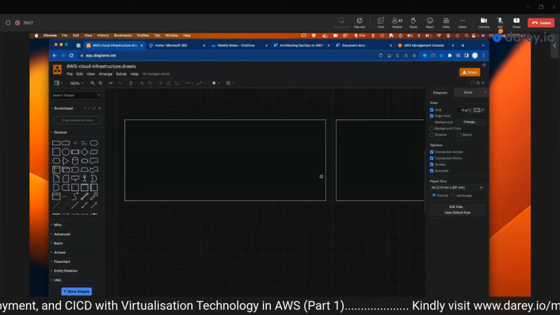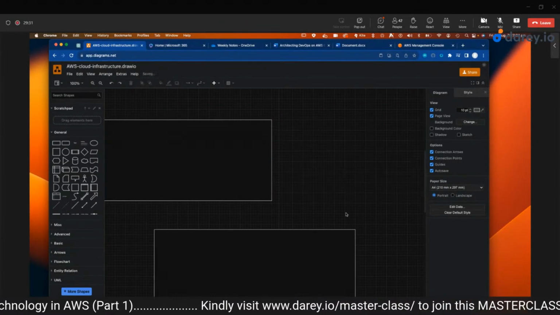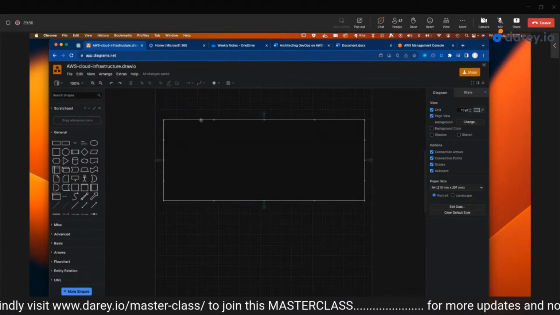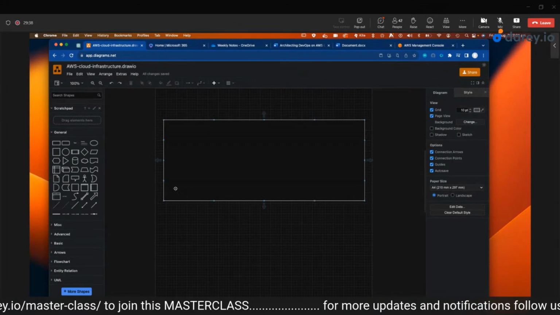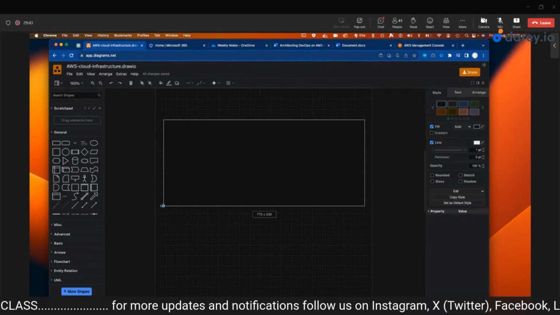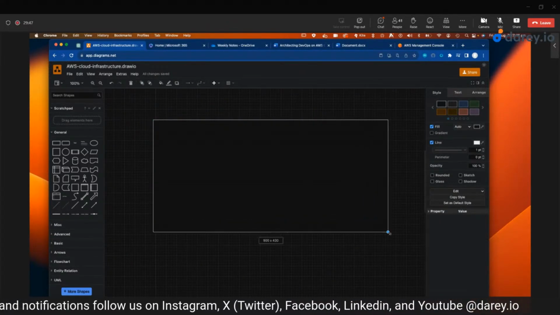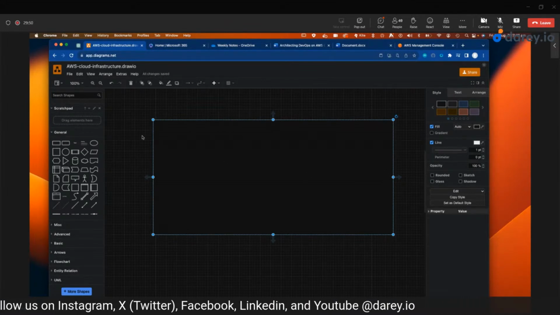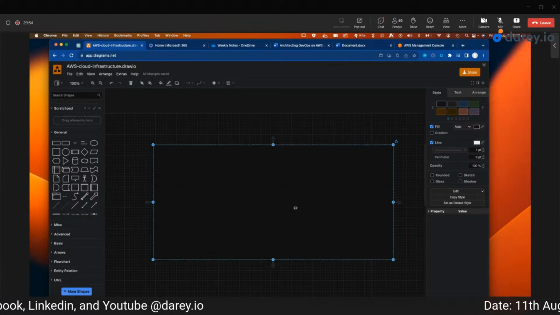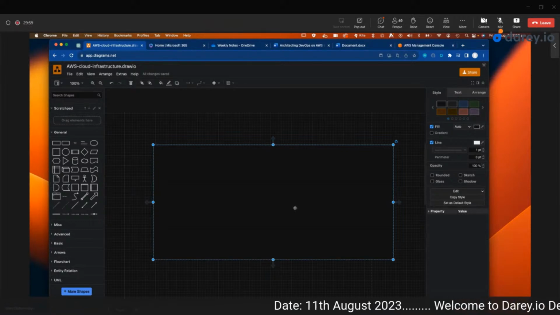So we have these two, and this is just to tell you that you can have multiple things. If you don't duplicate, you can have one and work within one place. So for now, let's focus on one, and this one is going to represent our entire infrastructure. Okay, so you can just carry on with me and let's follow along. I'm just going to make it a little bit bigger. And what this represents is our entire infrastructure in the AWS network, so what we're doing is building out an